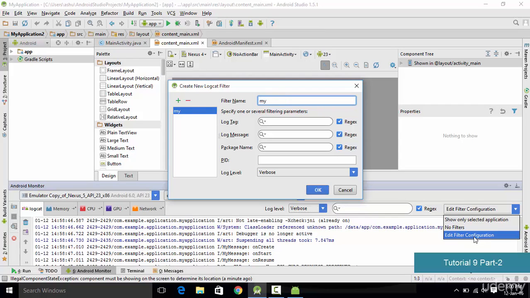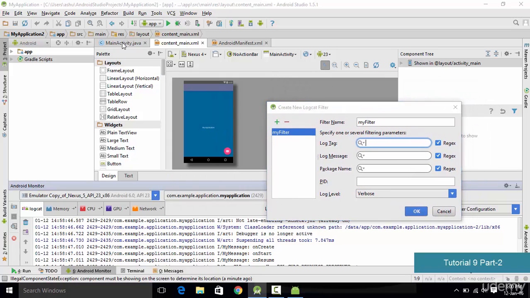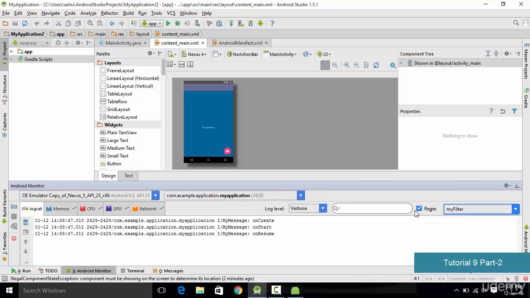Let's name this filter as my filter, and inside the log tag we display the message name which we have used. For example, our message name in this case was my message. So in the log tag we type my message, and when we click OK, as you could see, the only events with the my message tag are going